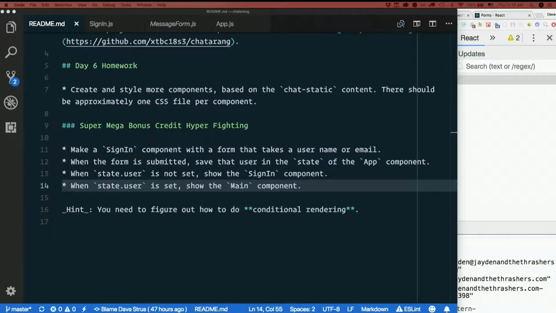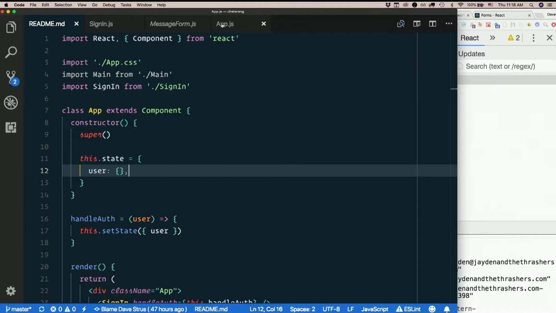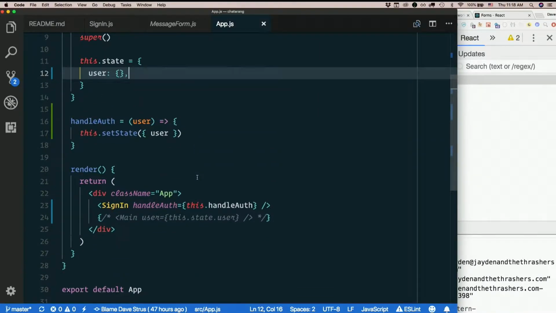Though we don't really have a system for authentication, we're going to try to get that whole authentication workflow working anyway. So that's what we're trying to do here. When state.user is not set, show the sign-in component. When it is, show the main component. So I even think that's a tad imperative. When I'm signed in, show the main component, not when this.state.user is set. I mean, that may be how we know that, but